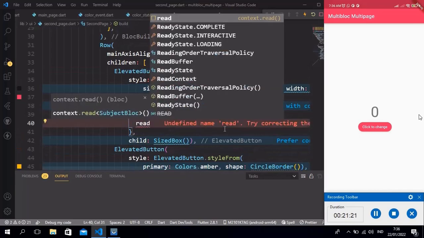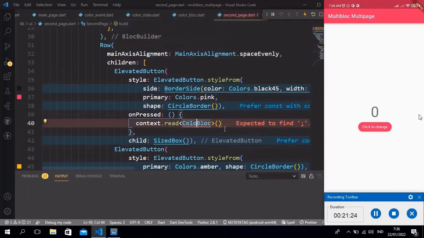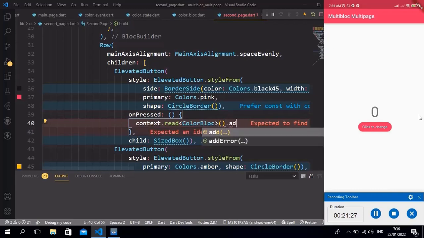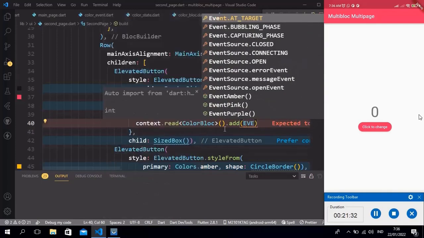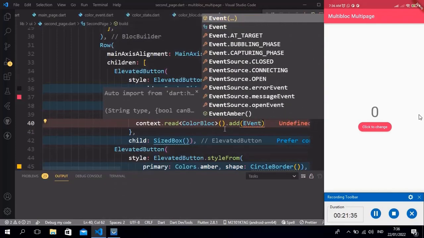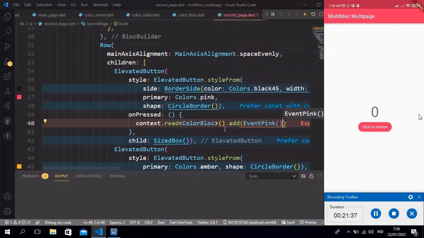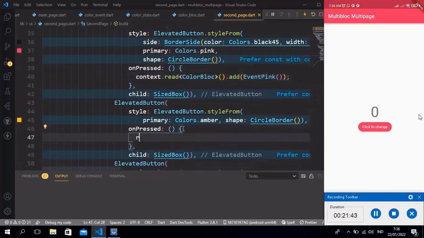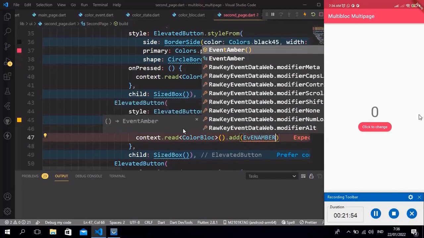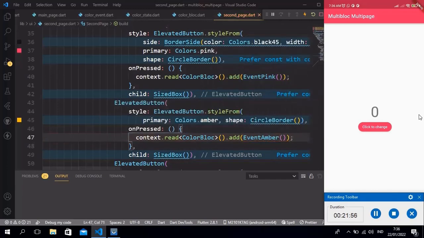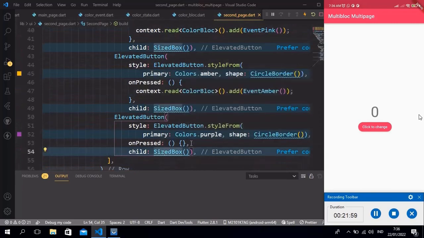Then we need to trigger the color event in every button, in the three buttons. The way to implement this, we call context.read of ColorBloc dot add event in every button. If the button is pink, then the event should be pink.